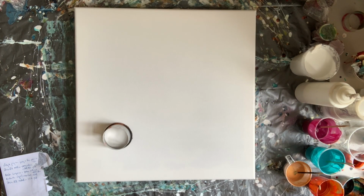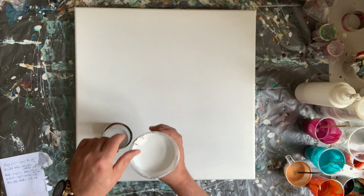I decided that I was gonna try to once again use up some of my leftover paints, the never-ending story. I am gonna make a 50 by 50 centimeter canvas open cup pour, and I just wanted to quickly run through the colors. I have my base coat, which is just white house paint,